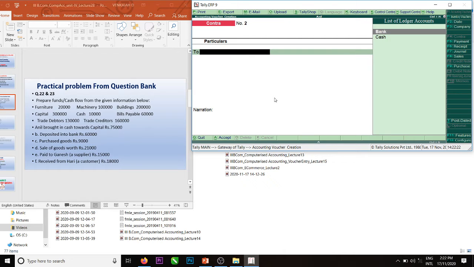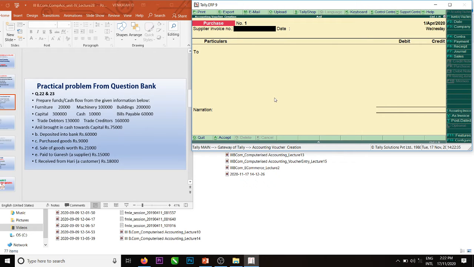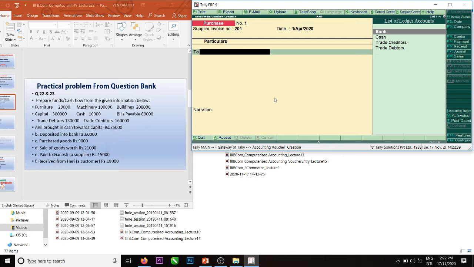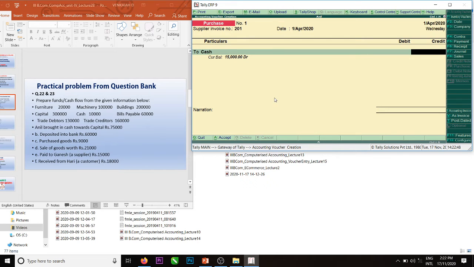Next, purchased goods, F9 purchases. Alt F7 as a voucher, Control V I think. Purchase account debit to cash account. Purchases amount is 9,000.